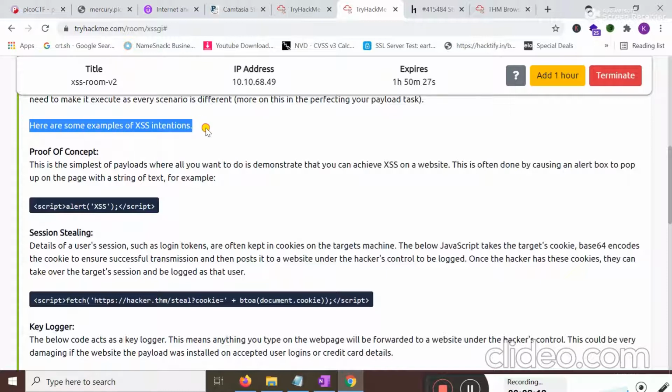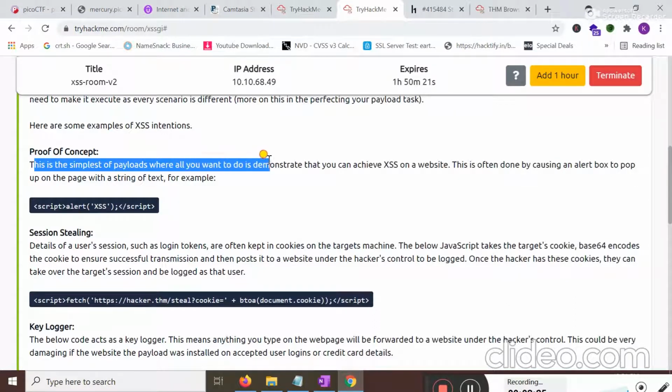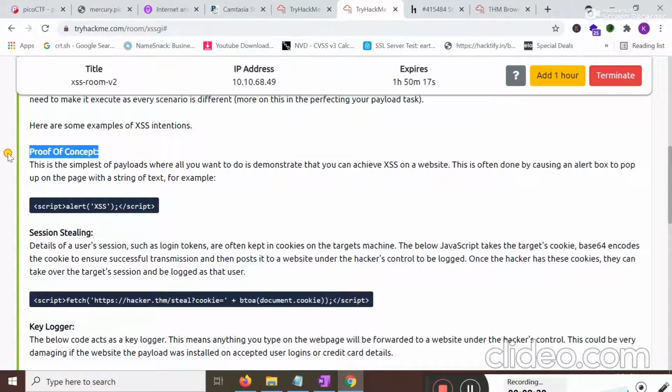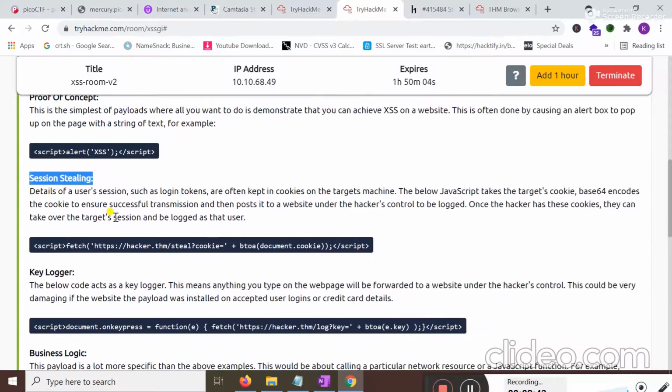Here are some examples of XSS intentions. Proof of concept: this is the simplest of the payloads, where all you want to demonstrate is that you can achieve XSS on a website. Basically, you can display a cross-site scripting pop-up by using this malicious JavaScript code. The second XSS intention is session stealing. Here you can see a session stealing payload.